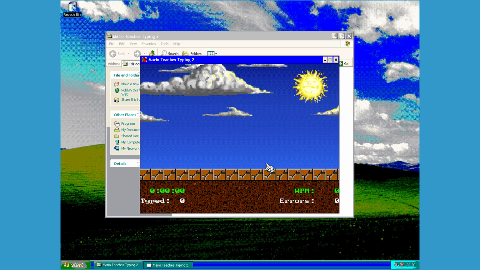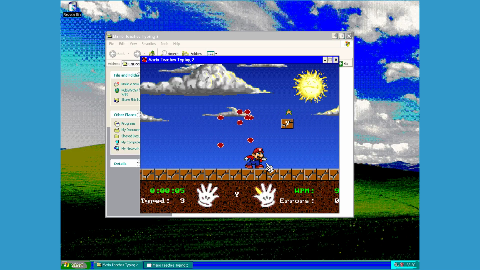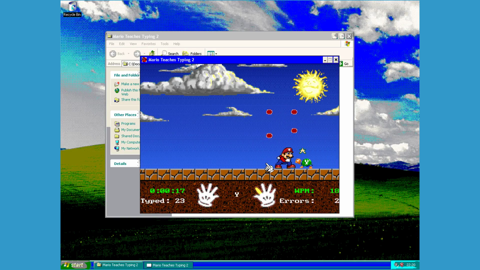because it's just so mind-numbing to do this. I know I'm not the target audience, but this actually requires a lot of thought to... I can't even see what letter that is, okay. Oh yeah, you can just look at the bottom, you don't actually have to look at the top of the screen at all,